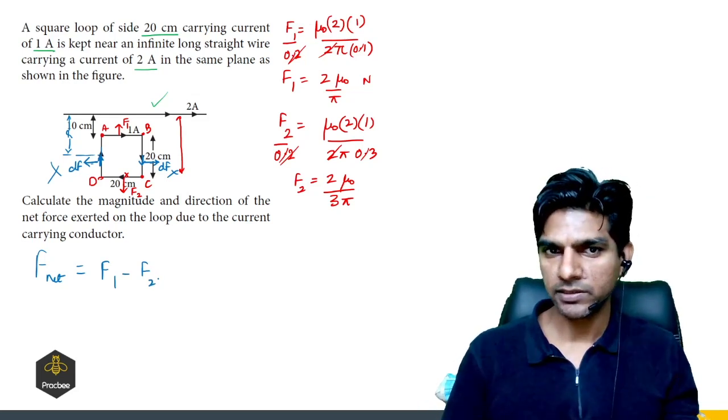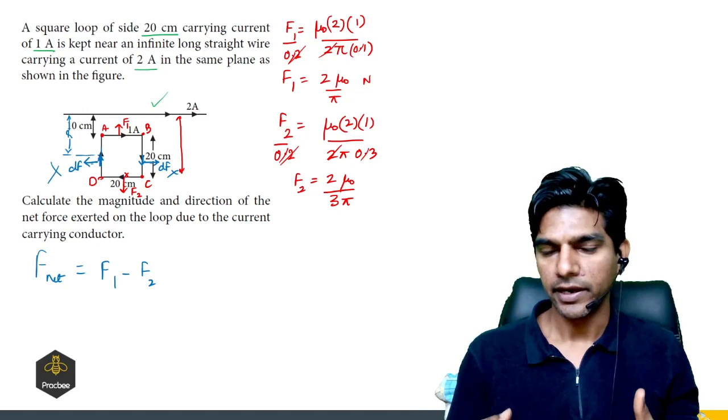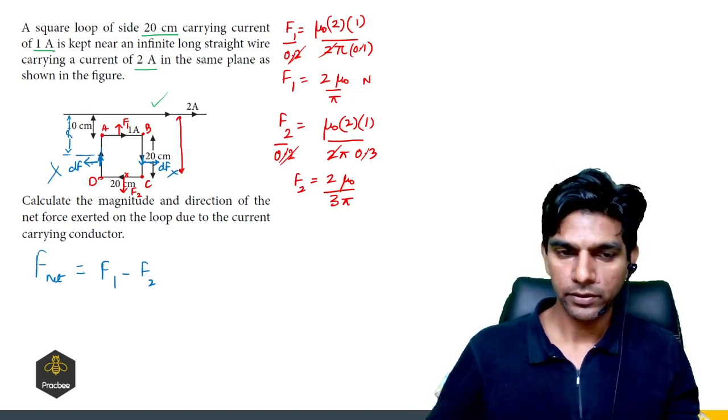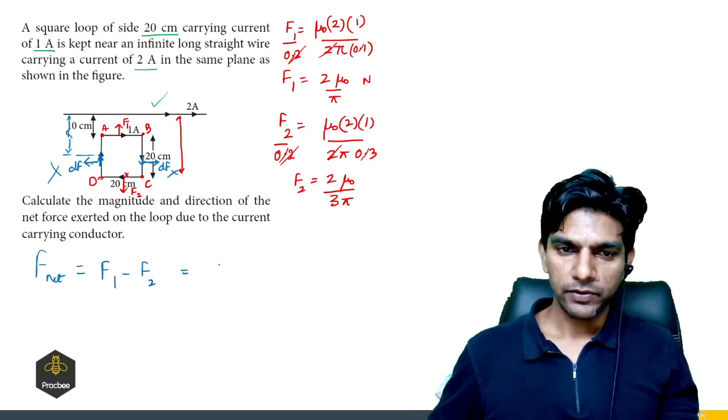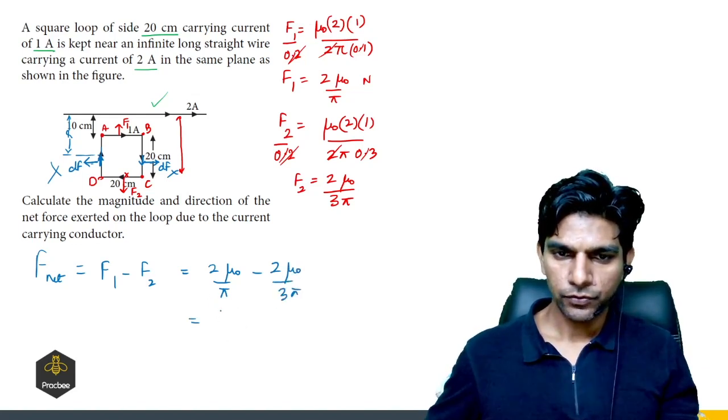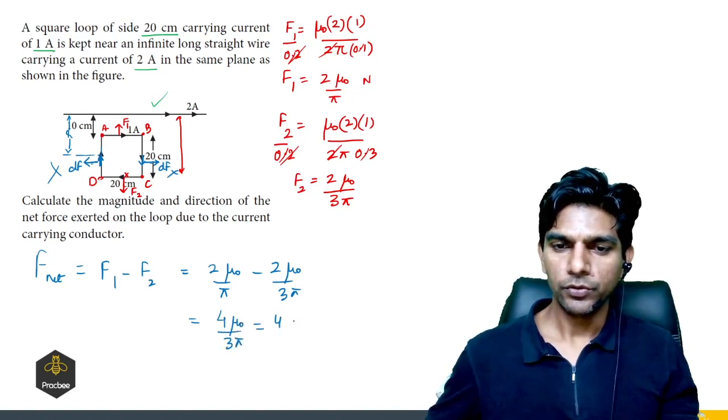It is F1 minus F2 because AB is closer to the wire, so the field is much stronger at AB. So the force F1 will have a greater magnitude. We can simplify this, and F will be 2 mu naught by pi minus 2 mu naught by 3 pi. So this will be 4 mu naught by 3 pi, and we know that mu naught is 4